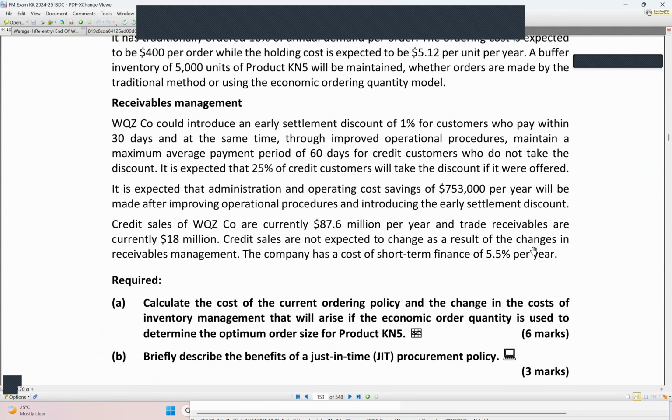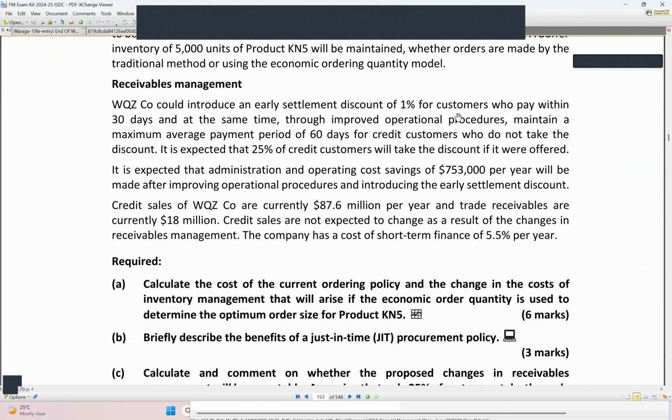The first one is stemming from here, whereby we want to introduce a settlement discount of 1% if you pay within 30 days. And also, the rest we want them to pay within 60 days. We expect 25% customers will take the discount if we offer it. And we shall have some cost savings. Here we have our current sales and the receivables. So to calculate this,